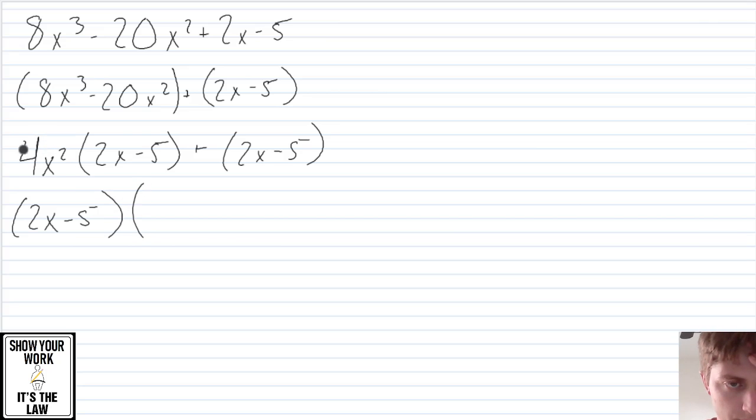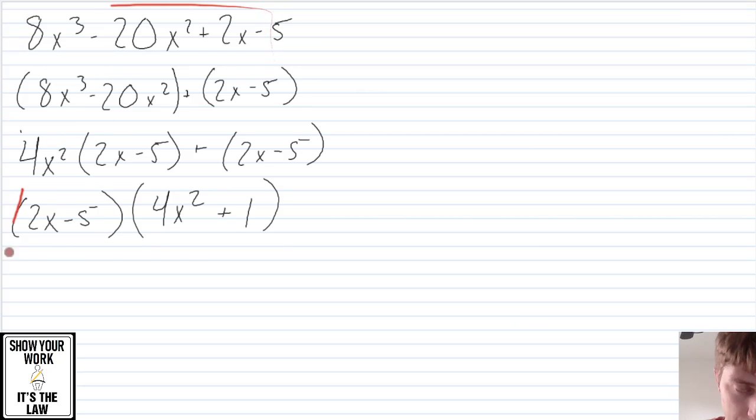What's left over when we take out the 2x minus 5? We're left with just the 4x squared, and what's left here? We're just left with 1, because if we divide out 2x minus 5, we're just left with 1. So look here, we've just turned this 4-term thing into 2 binomials. Pretty neat. And we technically could stop there, but if we take a look at this, we see that we